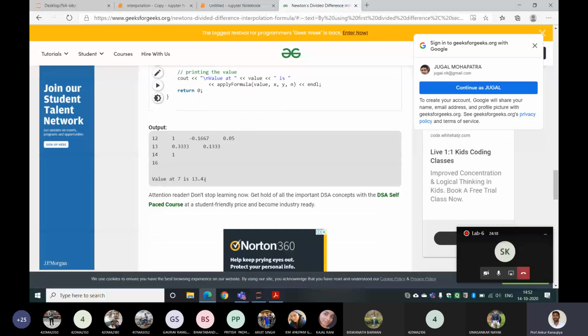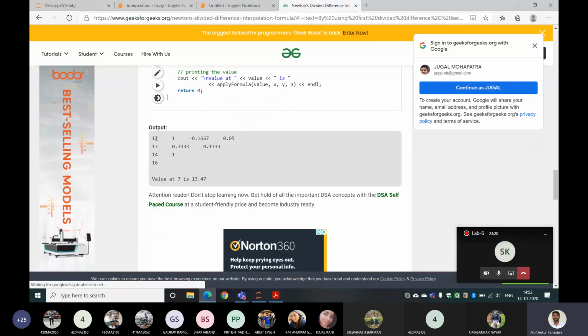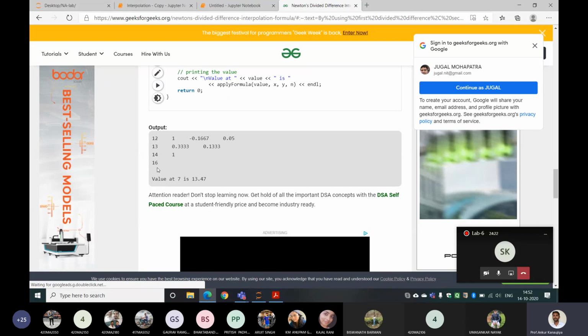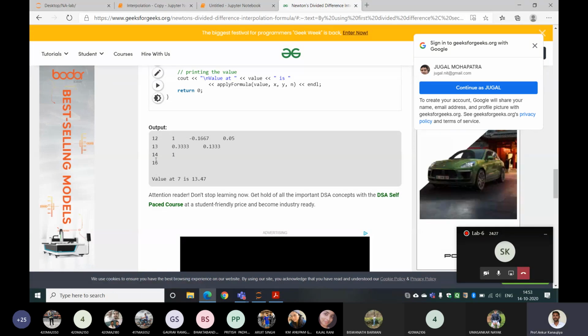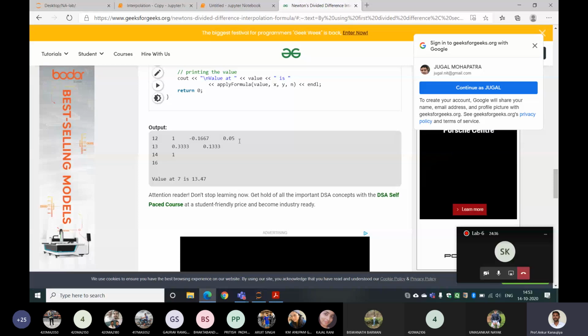Yeah, see this one. It is given 12, 13, 14, 16. This is x. Sorry, this is y. 4 data points. Then with the 4 of these, you got 3, then you got this 2, and then you got this one. So with the help of 4, tell me how many rows and how many columns are required. If the size is 4 here, 4 cross 4, right? Here x is not present. This is the column for f of x.